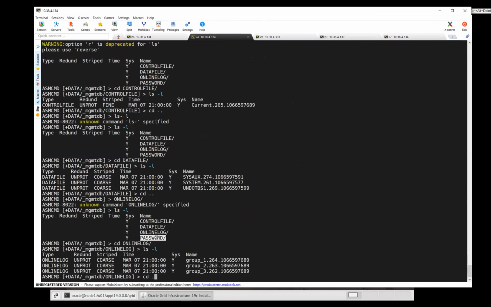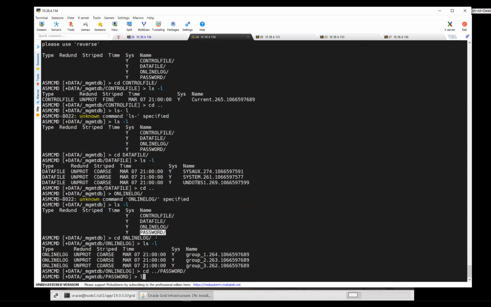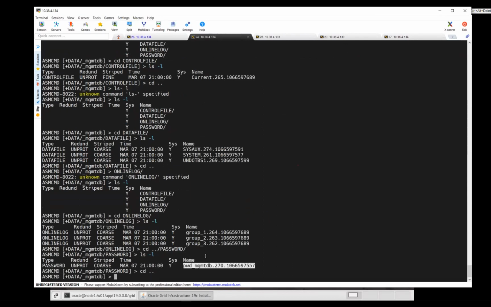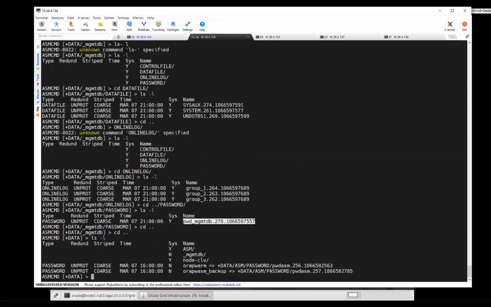And if I go back now, to password, this password file belongs to my management database. If I go back all the way, this is the password file and this is a backup file for my ASM. If you see, these are soft links. This is the password file and the backup password file. Again, this password file is a soft link to my password file present under ASM, data ASM. Whatever we saw inside ASM, those are the same password file or soft link here. And this is the backup password file, which also belongs to data ASM.